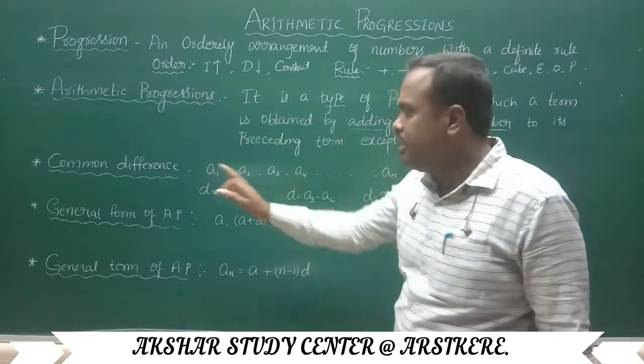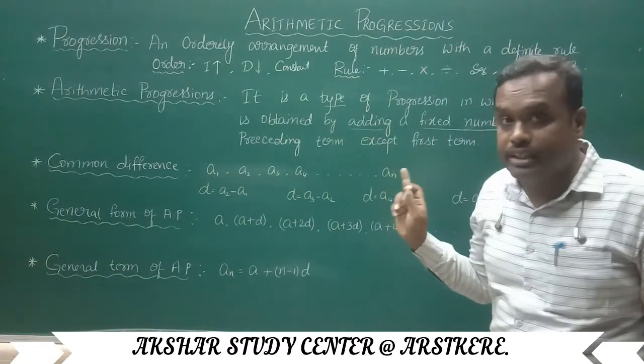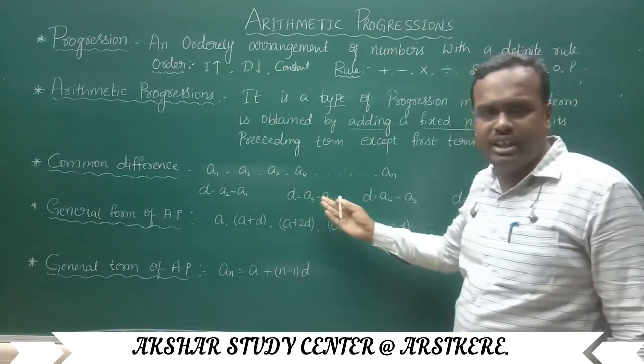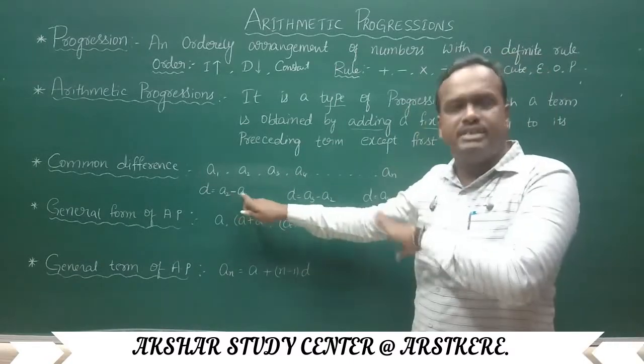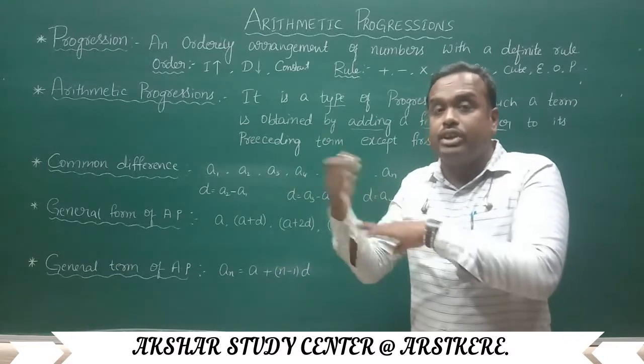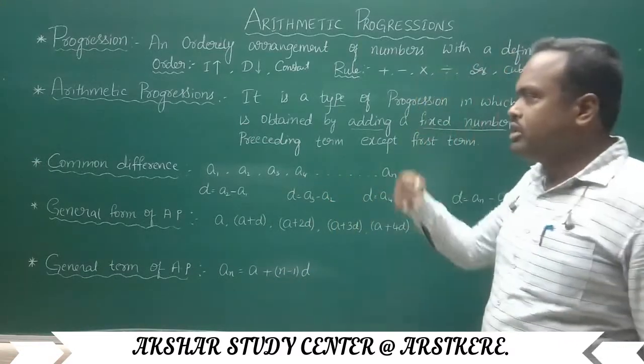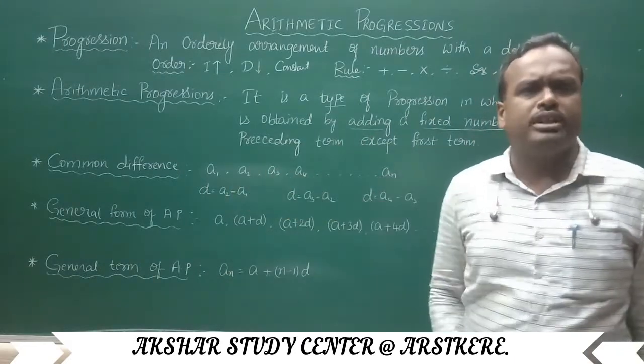First, that's why we are using the common difference. Got it, children? Don't get confused. The formulas are very easy. If A2, then previous is A1. If A5, what is the previous? A4. A5 minus A4, like that. Clear? Yes. Moving to the next very important concept, children.